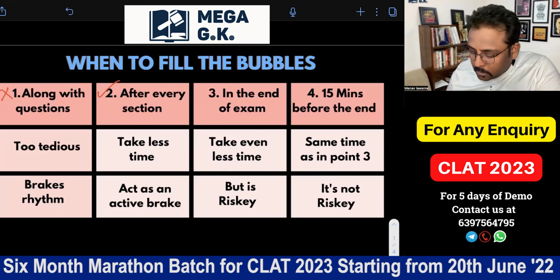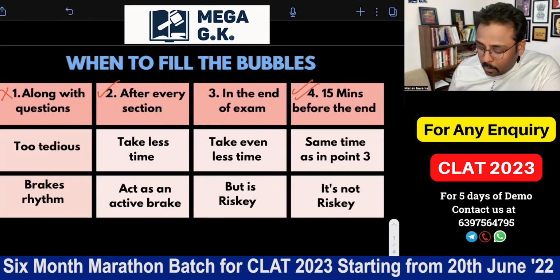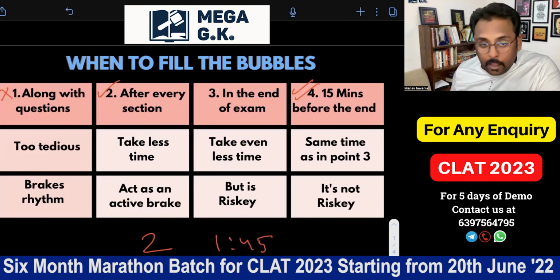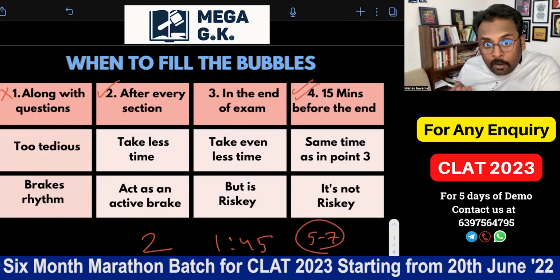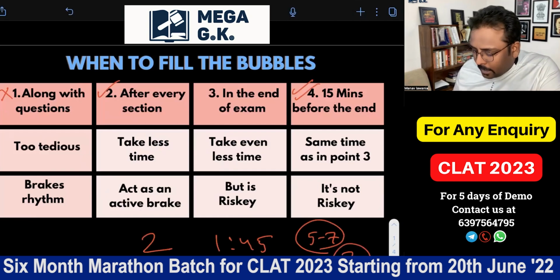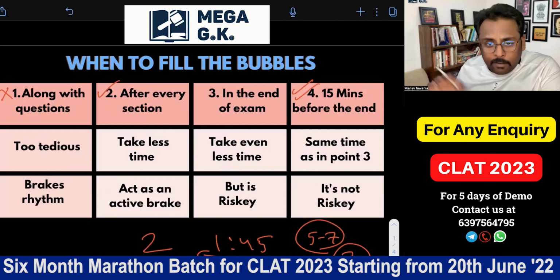And then comes the fourth approach that I always used while I was giving the exams. That is that I always fill it 15 minutes before the end. So let's say the exam is of 2 hours. When 1 hour 45 minutes passes away, I start filling the OMR sheet, and within 5 to 7 minutes I fill the complete OMR sheet. So I have a spare of 7 minutes with me. So what do I do in the spare 7 minutes? Say the paper is very lengthy, so in those 7 minutes I basically do those questions which I have left. I'll see them in the end if I have the time.